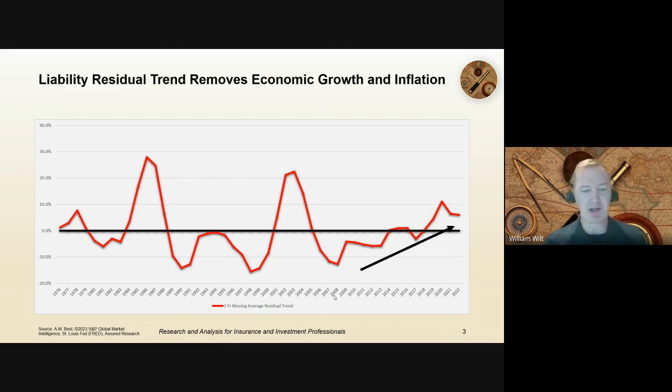And again, you see the spikes there in the mid 80s and the early 2000s, corresponding with well-known bouts of social inflation. You see it's below zero throughout the late 80s and even through much of the 1990s. Legal reform had a really consequential impact at that time. But I want to draw your attention to the right-hand side of this graph, which we think is pretty interesting. Many folks in the industry, not just Assured Research,